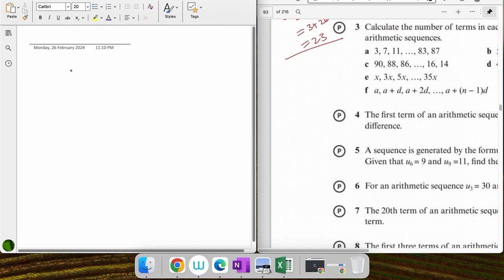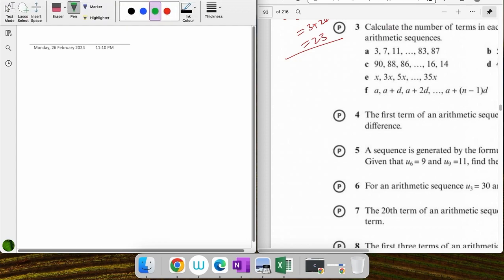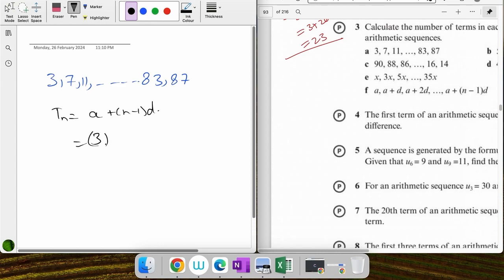Okay, let's say the question is 3, 7, 11 and then the terms are missing, 83 and 87. So we have to find how many terms there are. The general formula is a plus n minus 1 times d. I'm looking at the first 3. So this is the first term plus n minus 1 and the common difference is 7 minus 3, that is